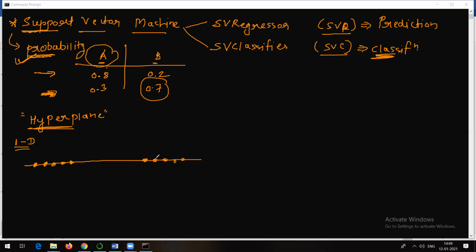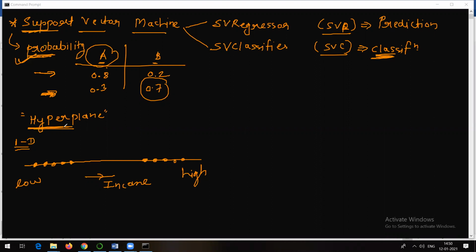Now let's suppose this one is showing income of the people, income of the employee. So the problem statement is we need to classify people based on their income, whether their income is high or whether their income is low. Suppose these people on this side are the people whose income is low, and these are the people whose income is high. Now what we want to do is divide this data, classify this data depending on the income of the people. So where is support vector machine going to come into the picture here?